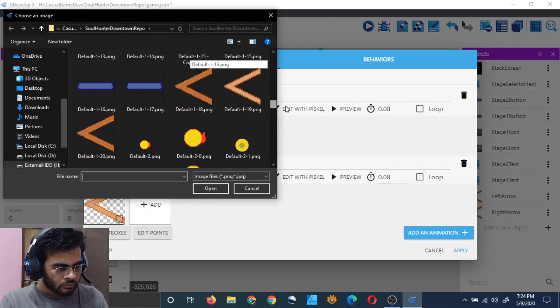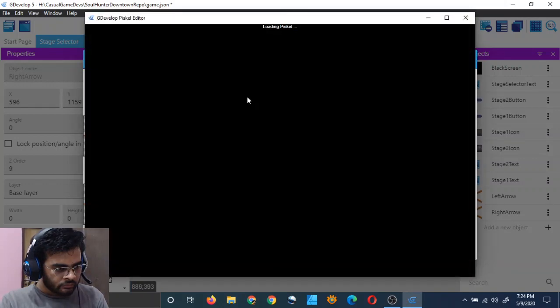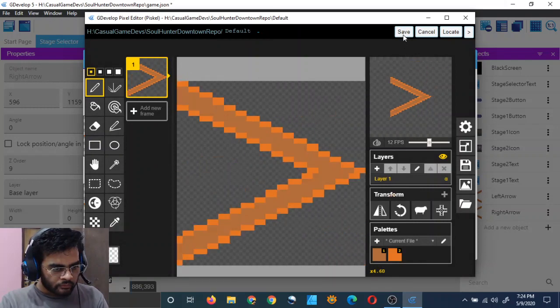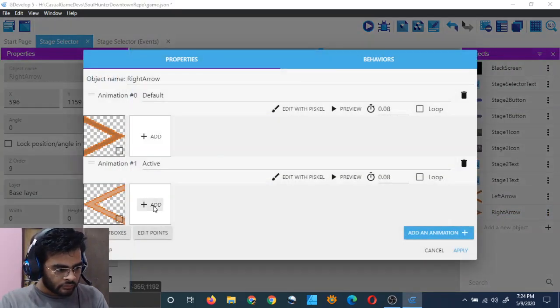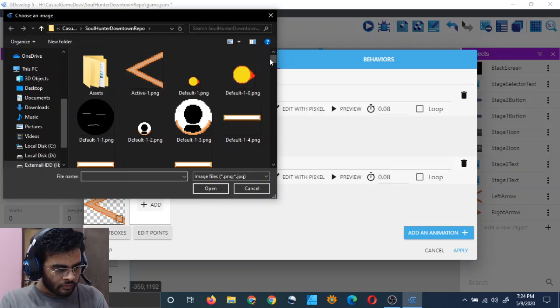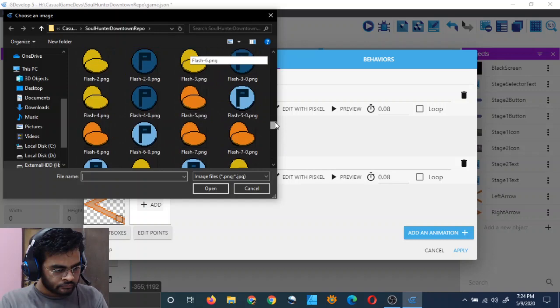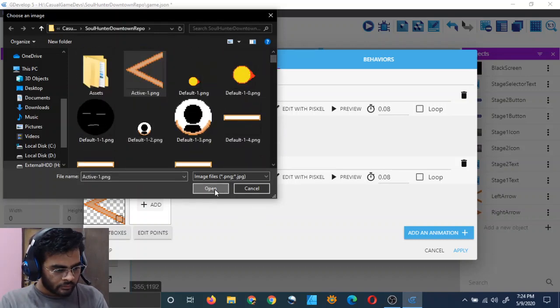Choose this one, the oldest one, and go to Piskel, this one, flip it, and see if it flips. Oh yeah, that's better. And then go to here and I wonder if it is this one or not.